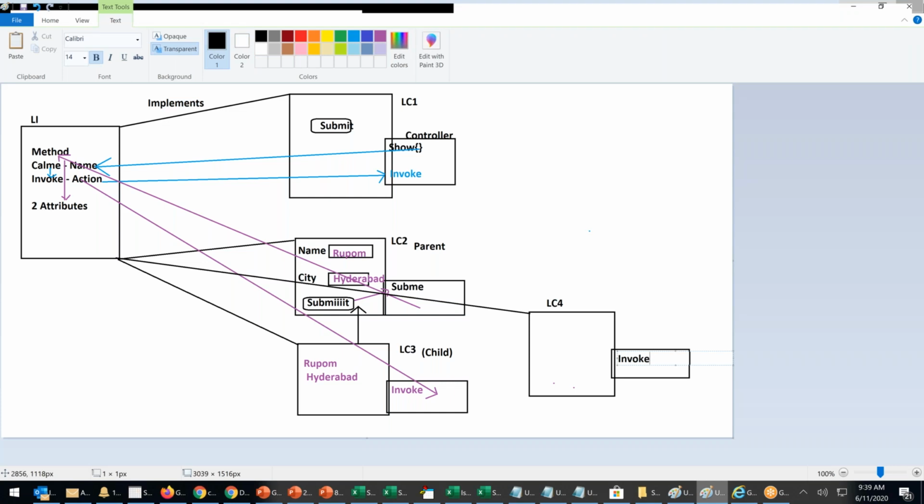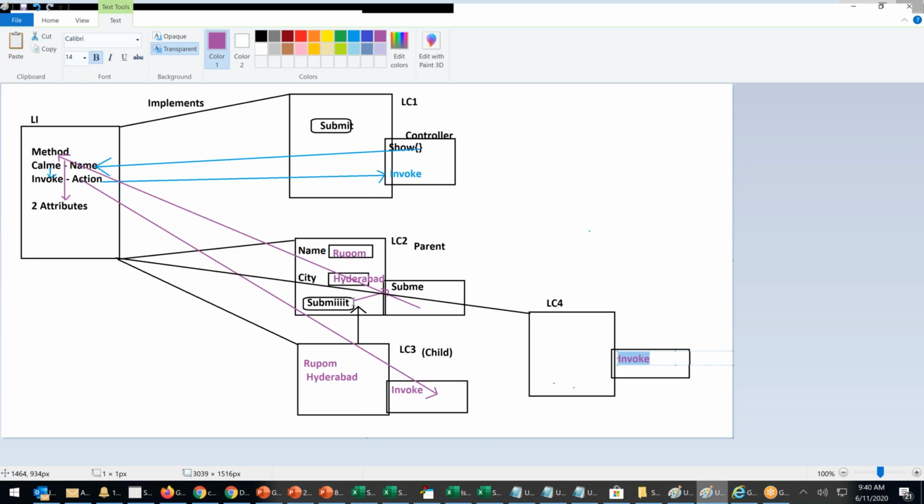Real-time example: why we need this invoke. Whenever I click the submit button, the total price will be passed to the method attribute. That method will call both components, LC3 and LC4, SGST and CGST. In LC3, SGST calculation will happen, state GST with 5%.